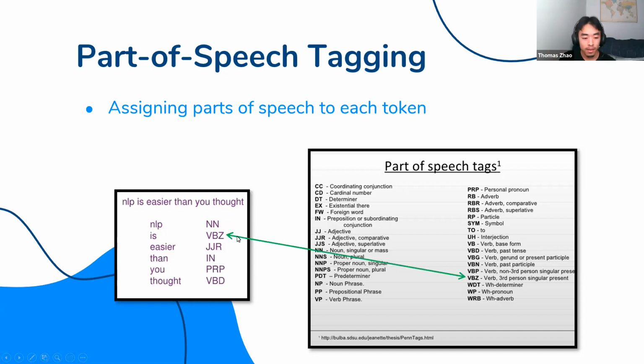And the libraries that we use in Python will give you these abbreviations. They're really just mappings that you can see in this little glossary here. And so JJR is like adjective, IN is preposition, PRP is a personal pronoun, so pretty self-explanatory there.